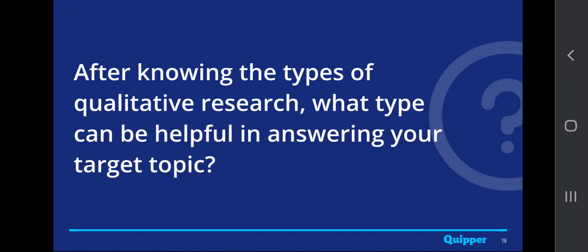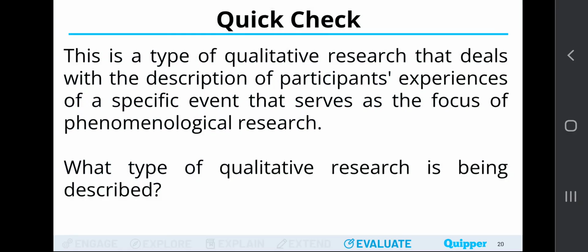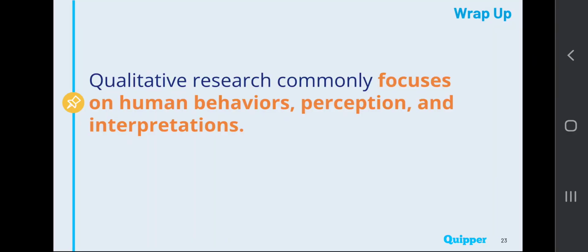Now, after knowing the types of qualitative research, what type can be helpful in answering your target topic? Is it phenomenology? Is it ethnography? A case study? Or is it a narrative review? Which is which? Now, in doing this, let us try to understand